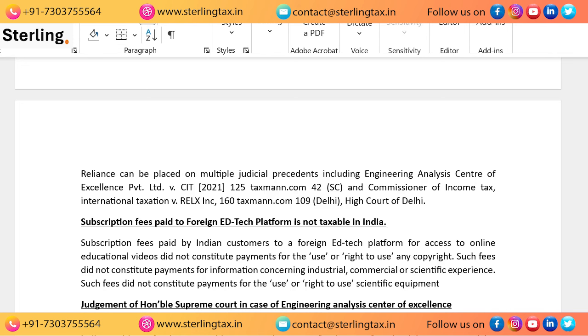These are the main provisions regarding subscription fees that we pay outside India. We can't say these are fees for technical services, and TDS provisions have to be analyzed very wisely. If we are paying anything outside India, we have to analyze each and every case separately, because each case has a different aspect, feature and background. We have to analyze each case from a different perspective, and then we can finally advise on the withholding tax provisions. This was about TDS on the subscription fees that we are paying outside India. Thank you very much.